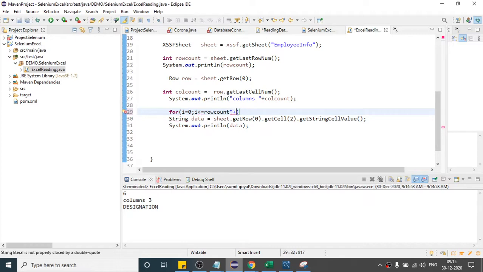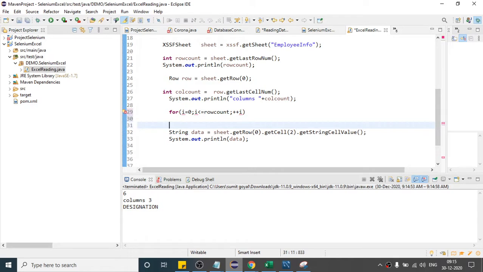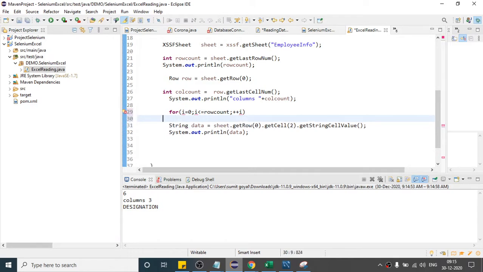And I will say plus plus i. You can also use 2 for loops here, but let me use only one as of now. So basically this first for loop, integer i, and suppose I write 0 here, this will keep on incrementing.